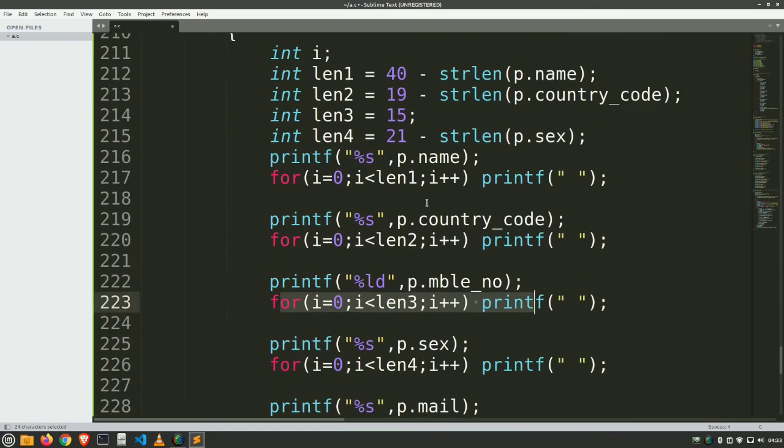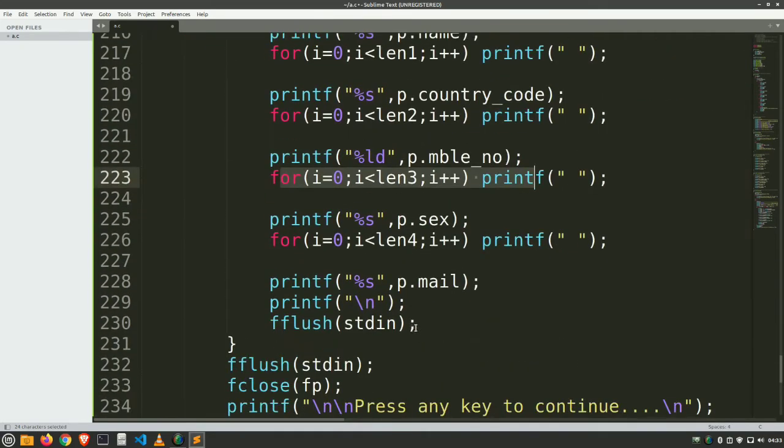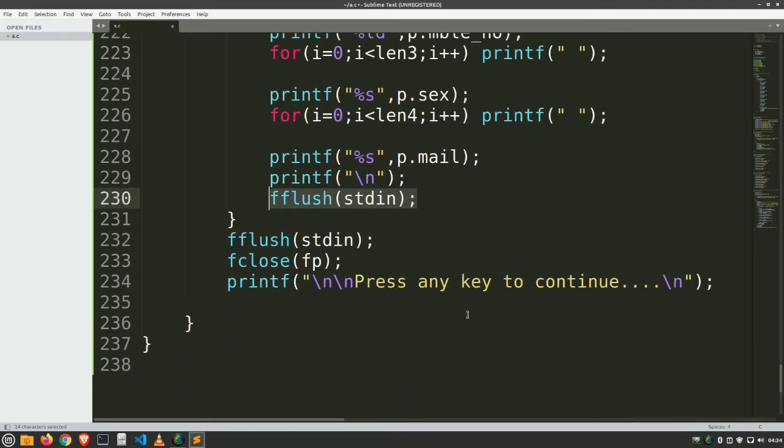After all such things happen, in each iteration we are going to flush our standard input. If you are not doing so, our program may crash. So it is better, as you all know, C doesn't have any garbage collector, so just flush it. Whenever you are doing an expensive operation which consumes more space, just flush it after each operation. After flushing that, we are going to close the file pointer and print our last statement. So listing is done.